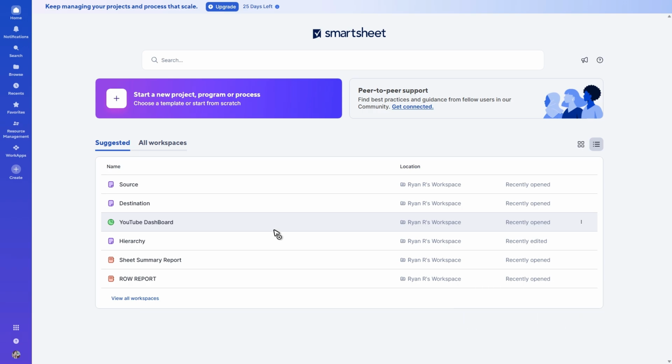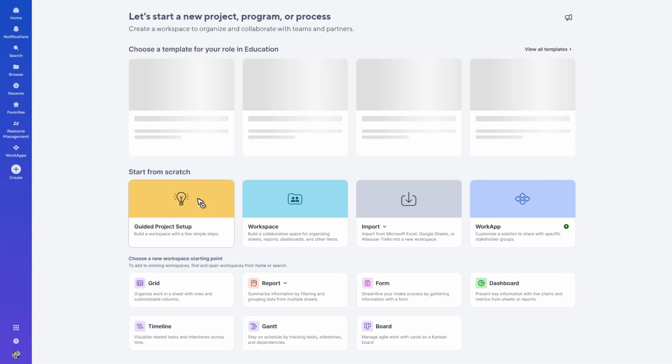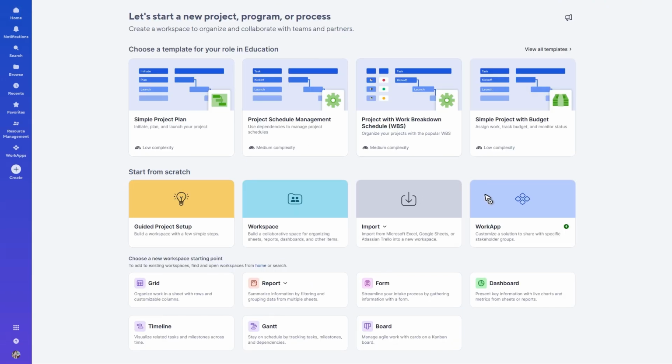Alright, so first up, log into your Smartsheet account. And then once done, you actually have two options. First up, under Home or the Home tab, you can just easily click on the Start New Project, Program, or Process button in here. Okay, you can go ahead and click on it, and then you'll land on this